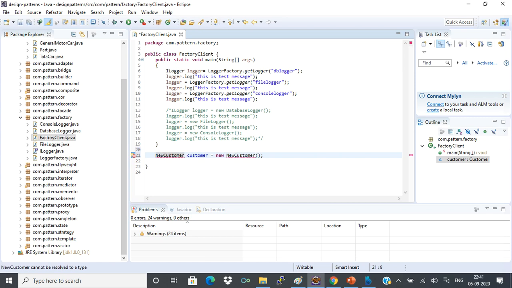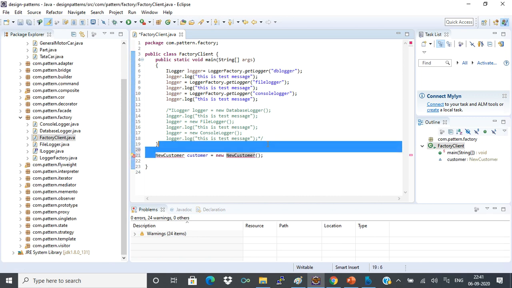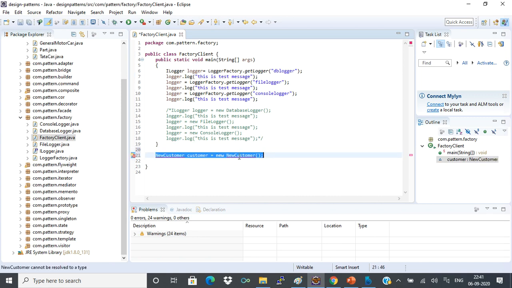So what will happen now? When I say customer equal to new customer, and my class name itself is changed, I have to change this code. This is my client code. I have to change and compile this code again, build it and deploy again to production. Every time there is a change in the class name, I have to change this code with this approach. I assume this is my core business logic, so every time any class name changes, I have to disrupt my business logic class and change this.